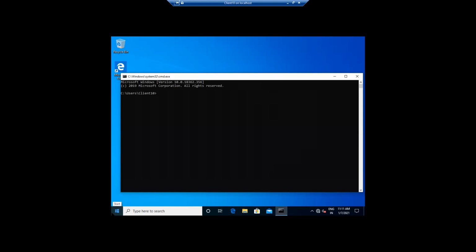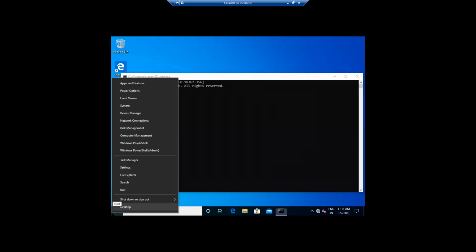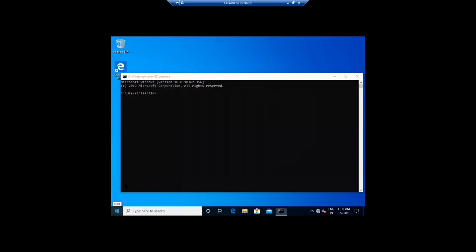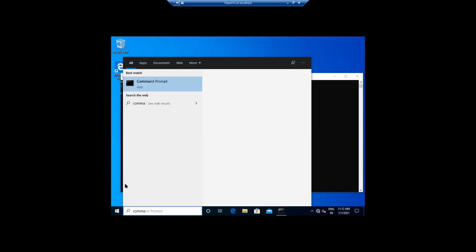If you don't remember CMD, you can still search for it. You just put the keyword, like command, and you will get the pop-up with the command prompt. You can just click it and it will open.